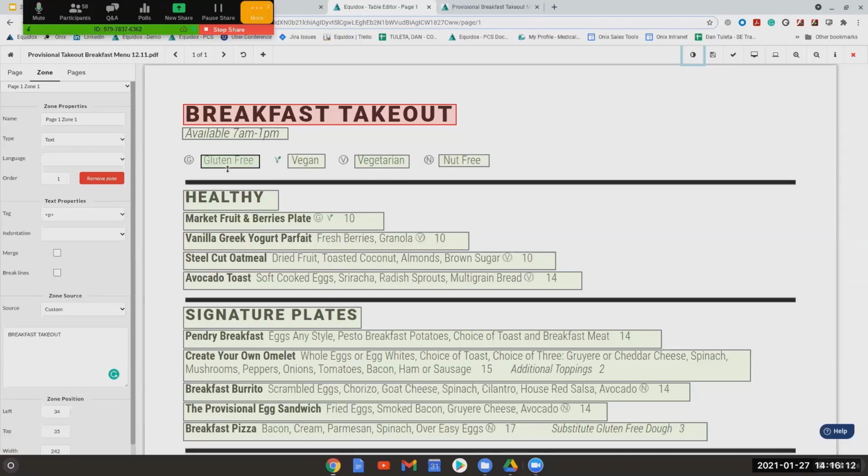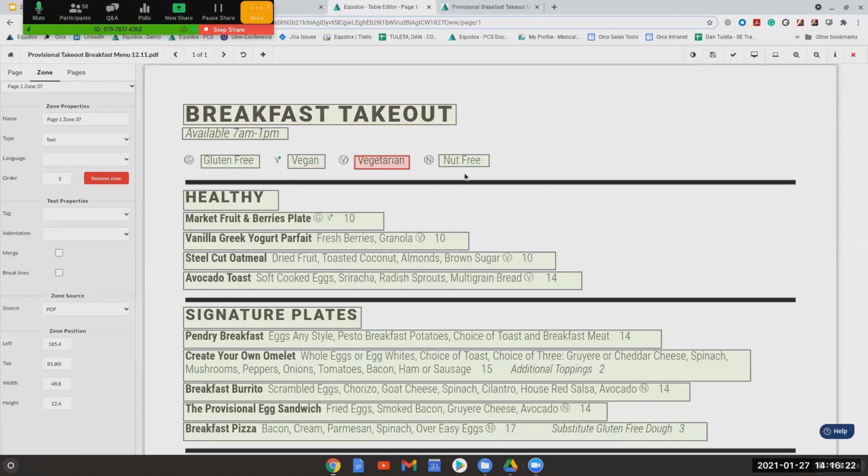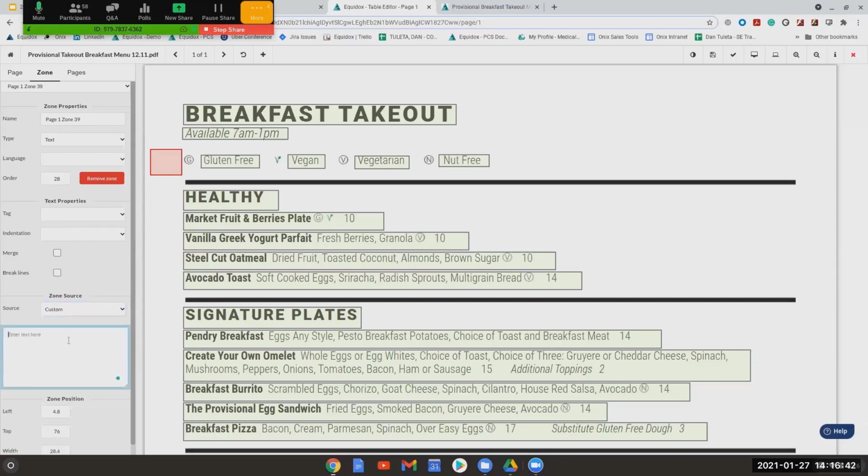So a good use for the custom zone source might be to add in something here, because an end user that's navigating through this with a screen reader is just going to have these 4 options read aloud to them without much context as to what this is referring to. Gluten-free, vegan, vegetarian, nut-free. It's like, okay, great. Well, what does that actually mean? Well, what you can do is you can create a blank zone, for example, and you can make that a custom zone. And now you can type in dietary preferences